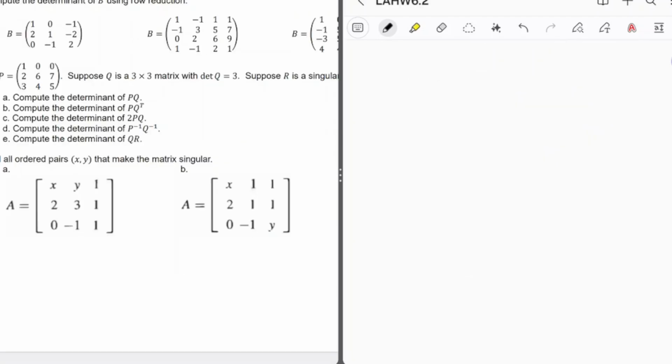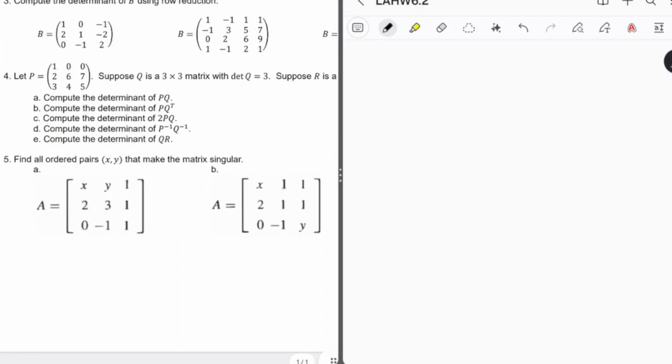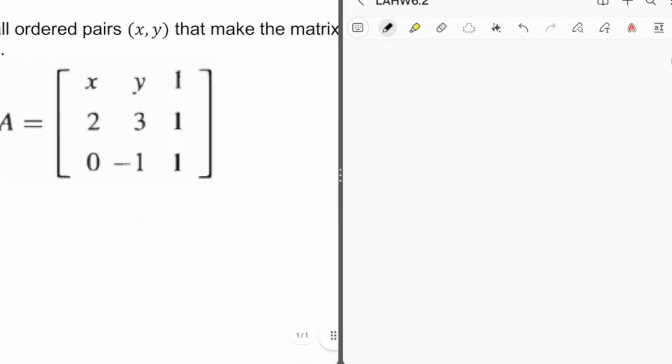Okay, now we've got here, find all ordered pairs that make the matrix singular. Okay, so singular has a 0 determinant. Determinant's kind of the theme here. So what we're going to do is take a determinant. I think I'm going to take the determinant of this one using cofactor expansion along the first row. So the determinant of A